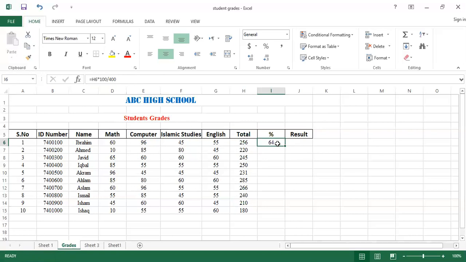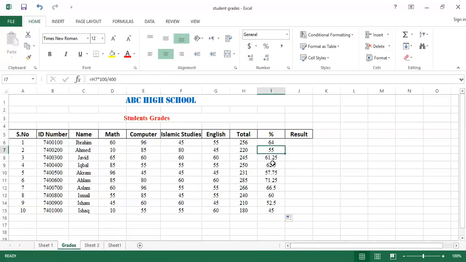Again, there is no need to apply that formula again and again in front of each record. You have to just apply the same logic of relative cell address, copy and paste. Select the bottom right corner of the cell in which we have stored the percentage formula, drag down up to the end point from where I want to calculate the percentage, and release the mouse button. You will see the percentage is automatically calculated now.